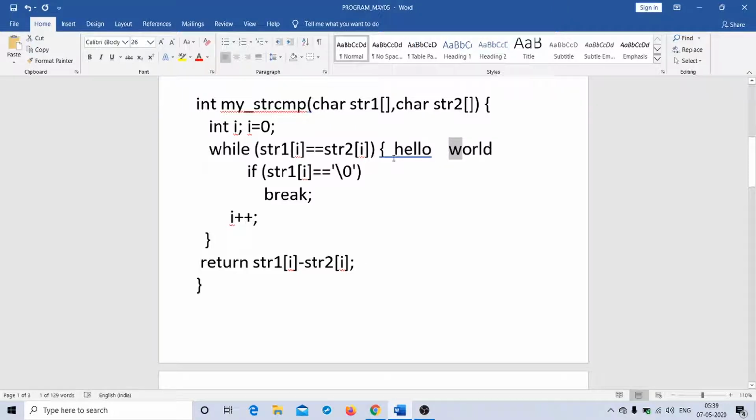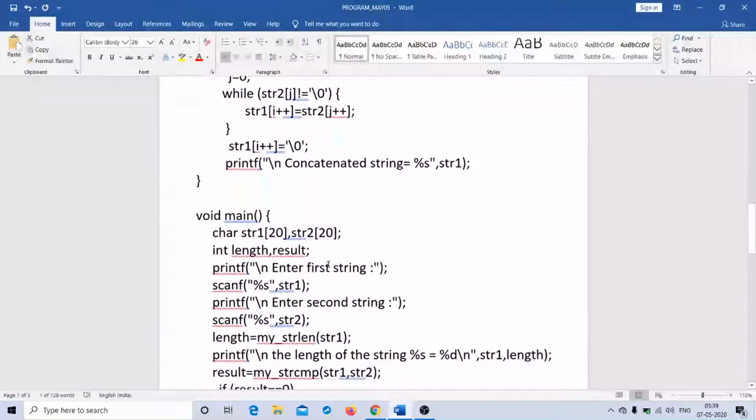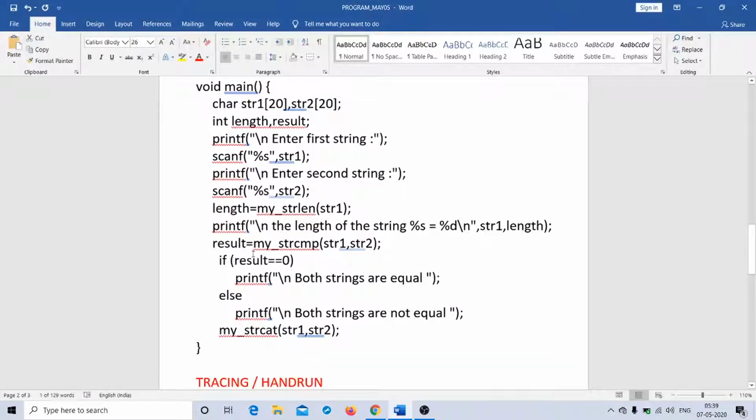So this particular program will work till it encounters the false condition of the while loop, and then it comes out of the while loop, and then it will return str1 of i minus str2 of i, right? And then when it returns str1 minus str2 of i, that's the difference, that will come and get stored in my result, this particular line.